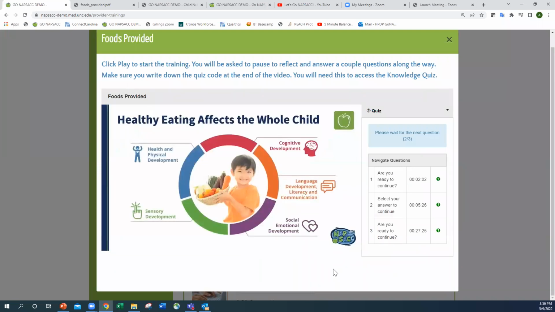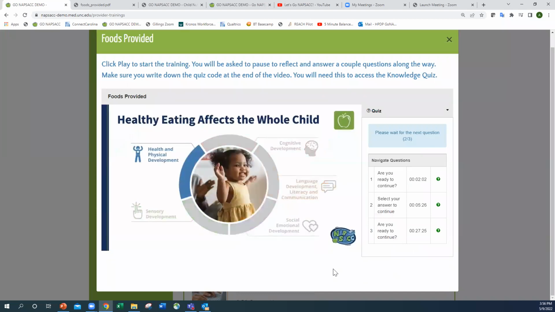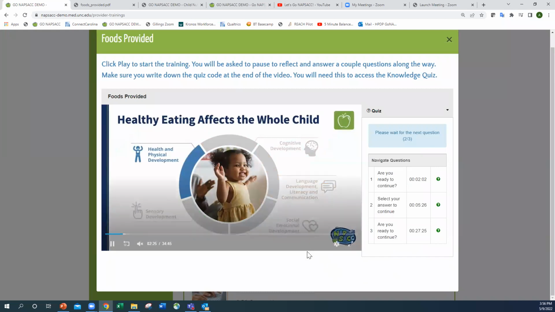All of the trainings start with some sort of scenario that applies to the topic to get people thinking, information about the best practices for that section, information about the whole child that we talked about and how it's connected to the child's larger development, and then continues to move through the topic. At the end of the training,